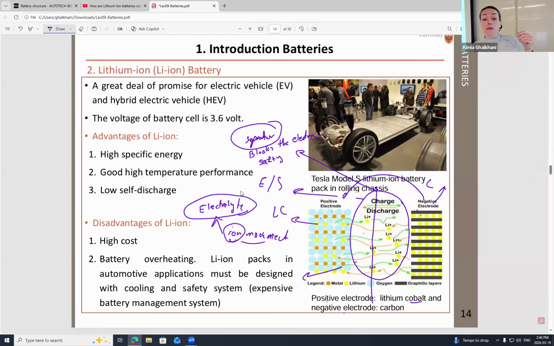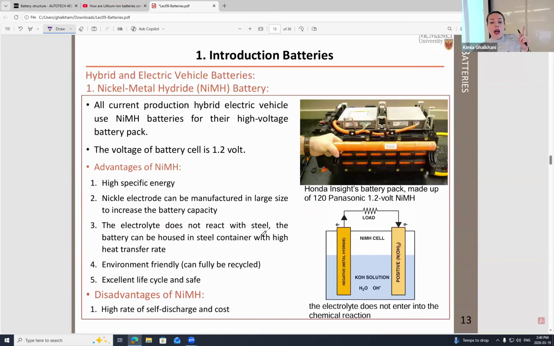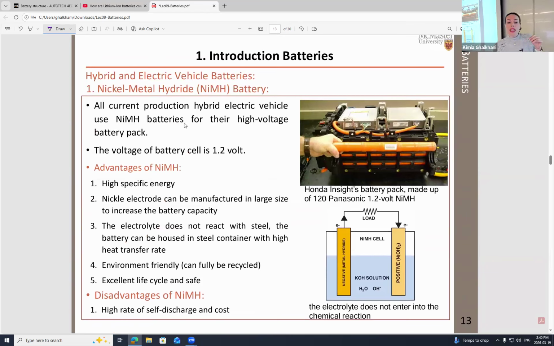The main reason behind it is that lithium-ion battery has high specific energy. Remember, for the previous type, for example, the nickel metal hydride, I said they can have only up to 1.2 volt per cell. Therefore, if I'm going to use them for vehicle application, I have to have so many of them, which causes you to have a huge battery pack, right? Therefore, these are not the best option for electric vehicle,